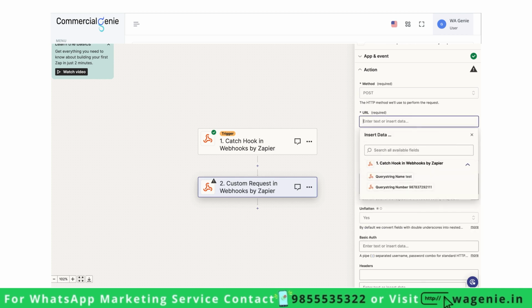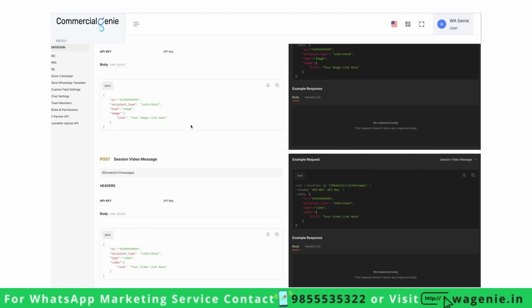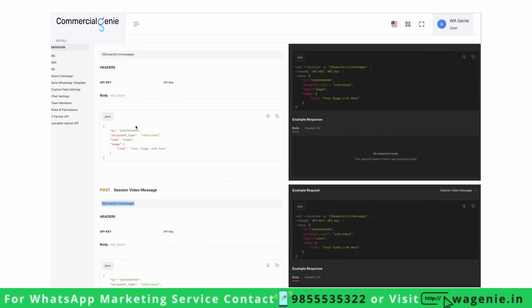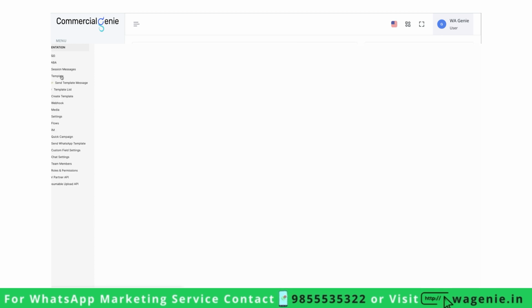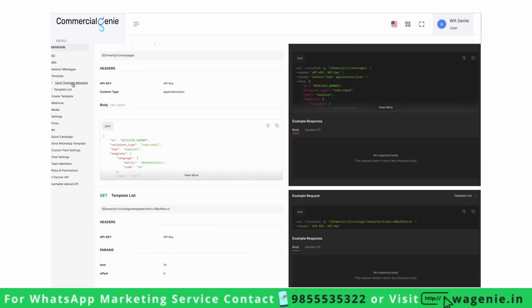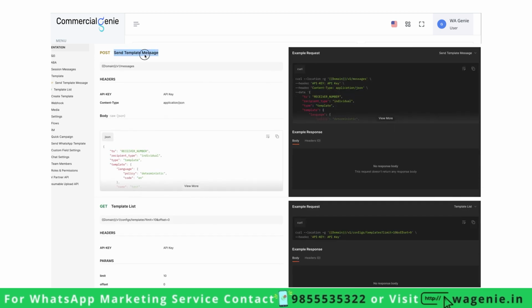In the URL, so we have this API documentation. Kindly refer our API documentation. Here we have the option of domain, which is variable. We have to go to WABA template, send template message folder. So you're basically sending template messages to your user. So this is basically the URL, wherein the domain is variable